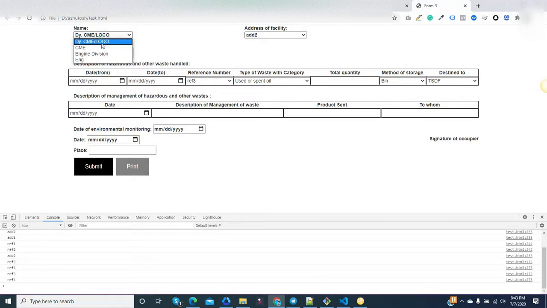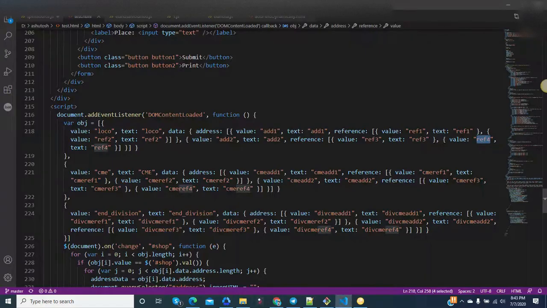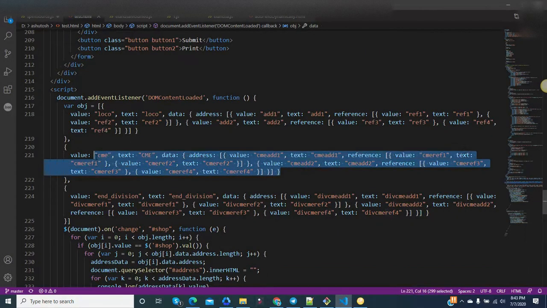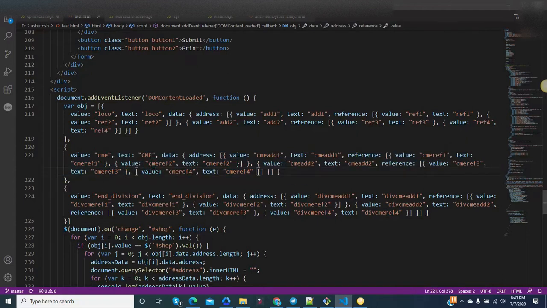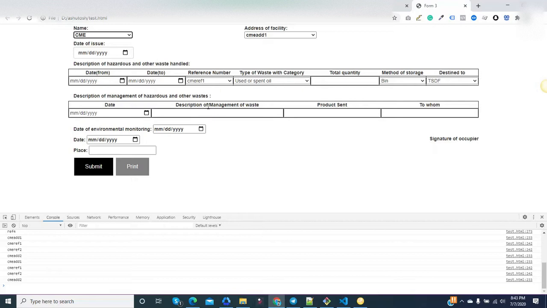Similarly, if you change to CME, you can check that the values change accordingly. If we select CME, the address will be CME add 1 and CME add 2, and for each of CME add 1 or CME add 2, different reference numbers are there, like CME REF 1.